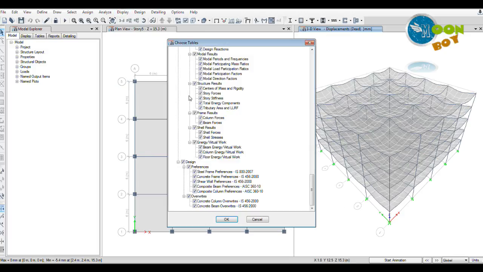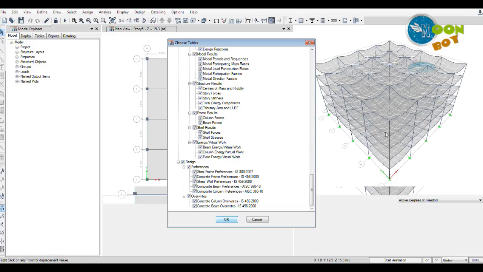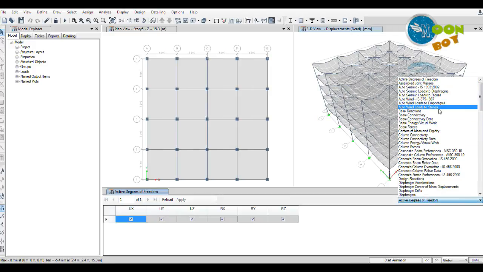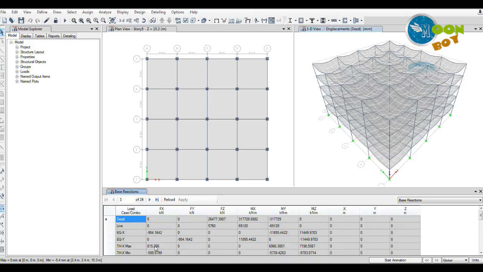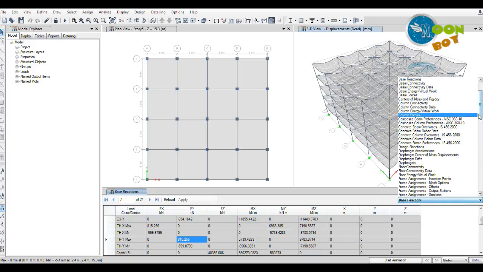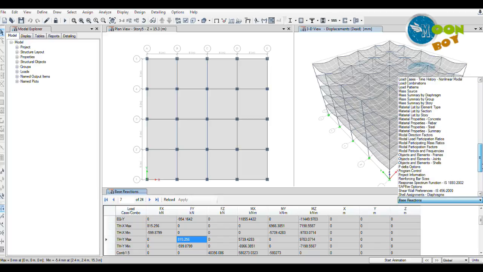So after the analysis is complete, we will display the tables again. We will go to the base reactions, and now you can see it is 85% of the EQX we have modified as per the scale factor. So this is the new value of base reactions according to this structure. Now what we should consider in this is, after time history analysis we should check for the results here,